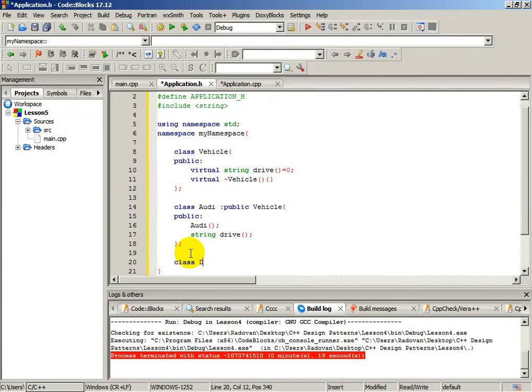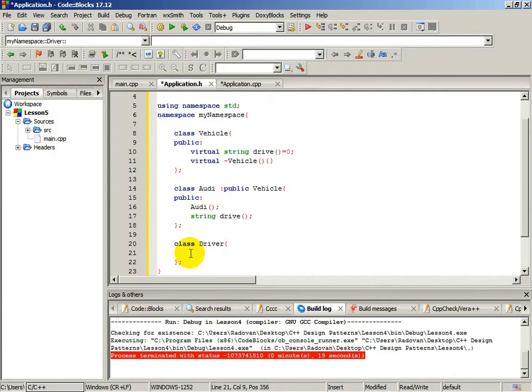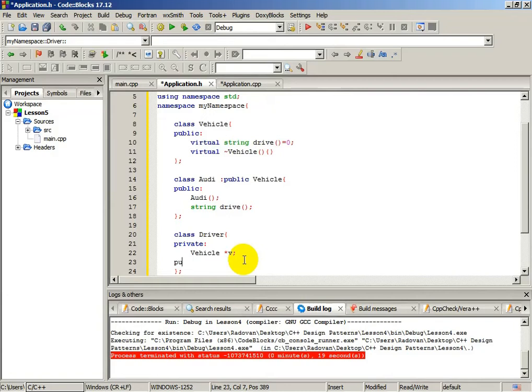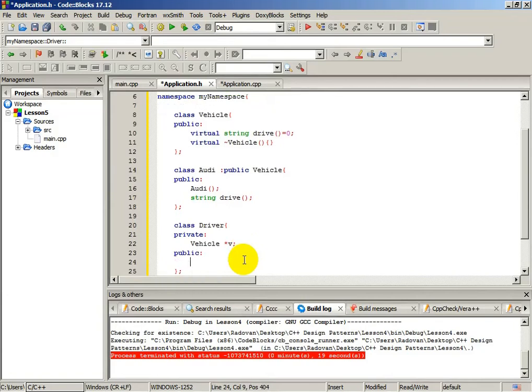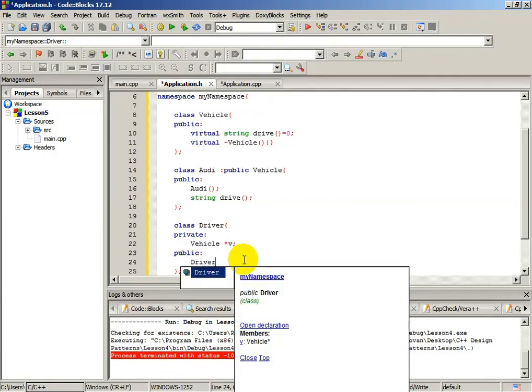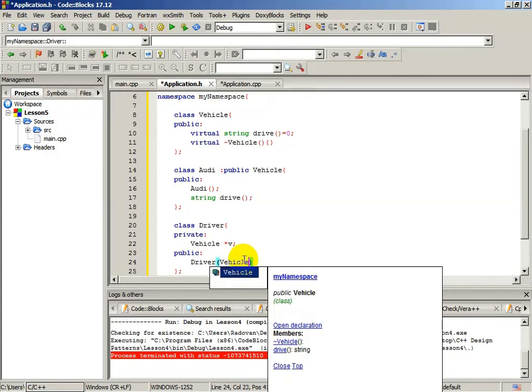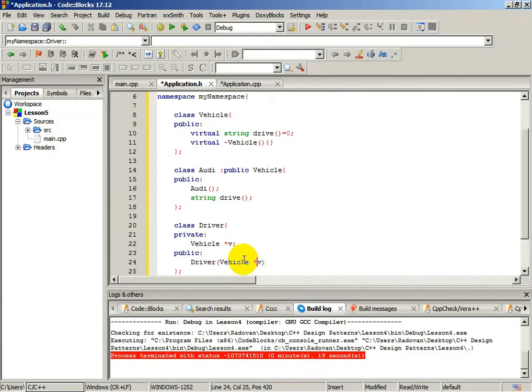And now let's create one class. It will be driver. It will not extend any of these two classes. It will have one private member, and that will be vehicle V, but with a pointer. And now we can create public. We will create a constructor, it will be a parameterized constructor. It will take v with pointer,